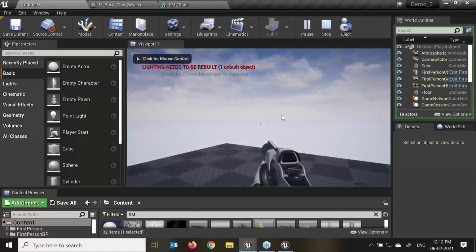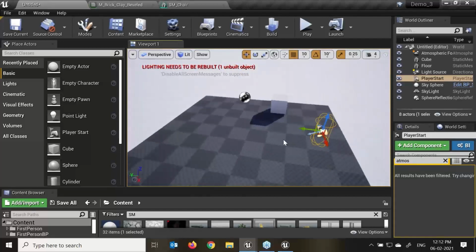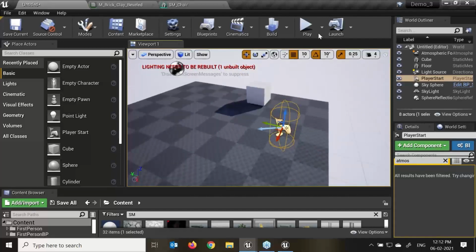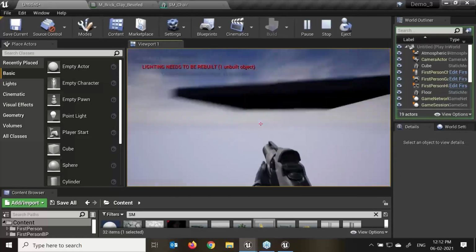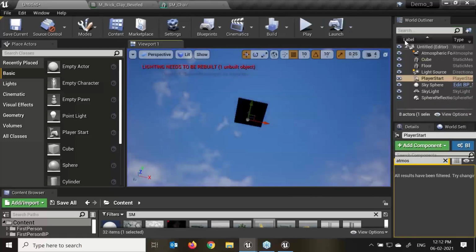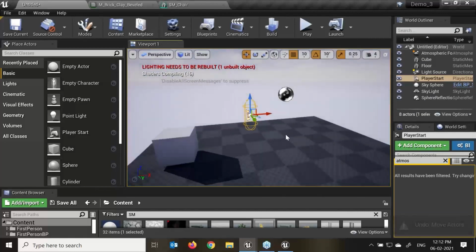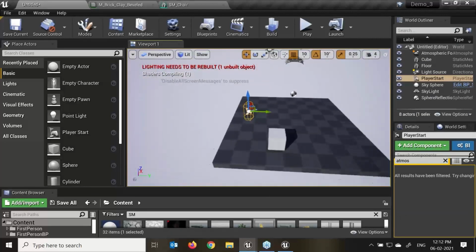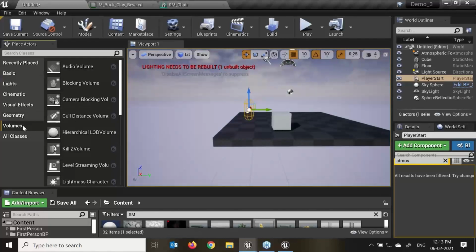So automatically wherever I am in the scene, my game will start. Where is my player? If I want to start from here, play, and if I go down here, you can see I've gone down. This is infinity, I'm going down. So for that we have to use the volume, right? Just in case, after falling from this particular area, if my character is falling down after a few distances, it will stop or my game will restart again. So at that time we have to use this volume, which we can see as a different kind of trigger as well,